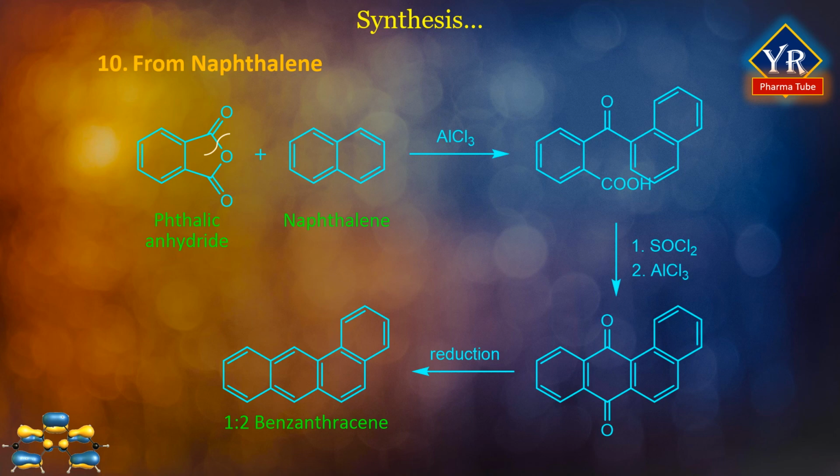In the first step, naphthalene reacts with phthalic anhydride in the presence of aluminum chloride catalyst to form a carboxylate derivative. This cyclizes to a quinone by means of either an acid chloride with aluminum trichloride or by treating the acid itself with liquid hydrogen fluoride, concentrated sulfuric acid or polyphosphoric acid. Sulfuric acid is the least satisfactory reagent since it can lead to sulfonated byproducts.